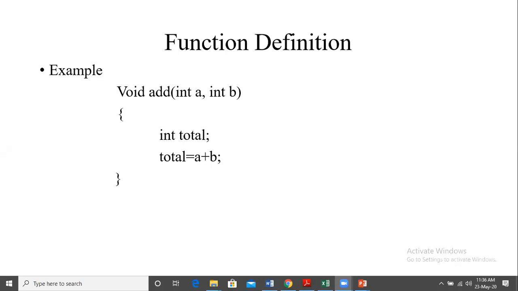So like that, if I want this function to work, I have to call it by its name. Its name is add. So I can tell add within bracket give 2 comma 3, then the function knows a is 2, b is 3, and it has to add it. Okay, so we have to call this function for it to work, right?